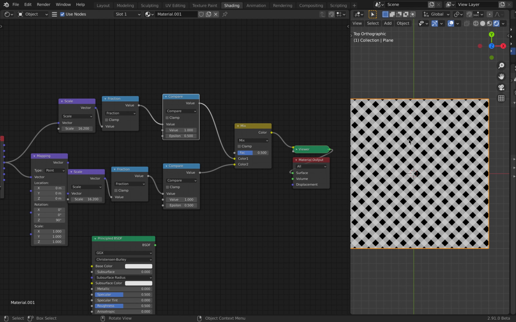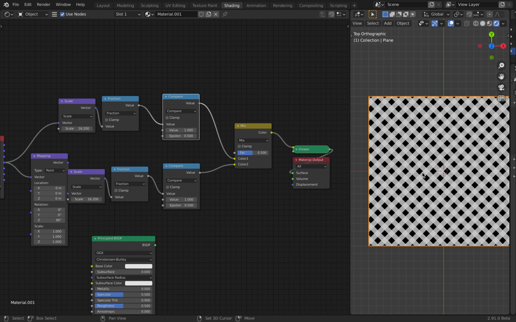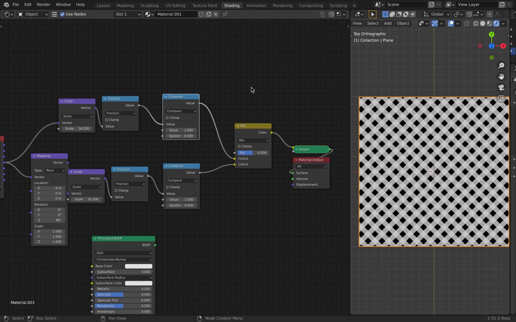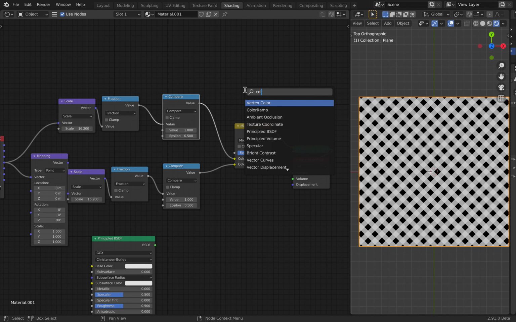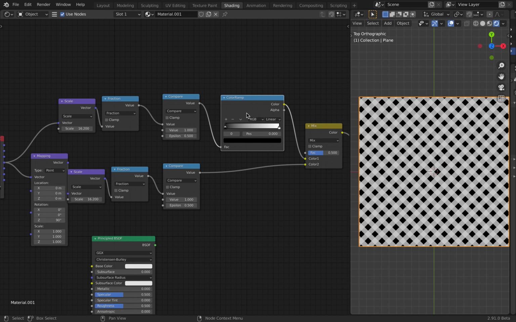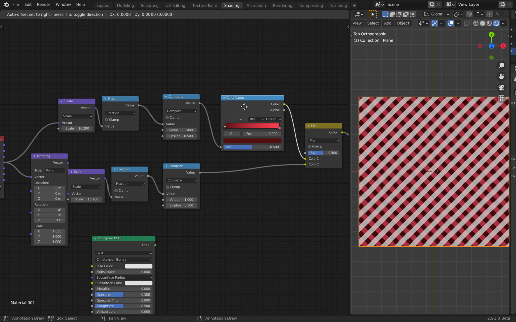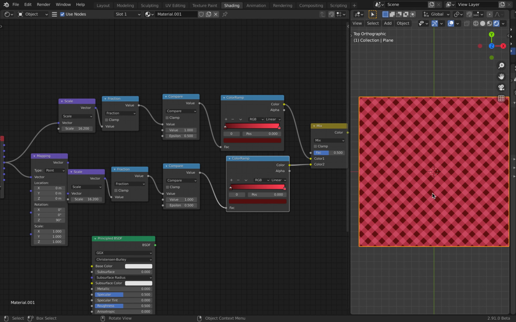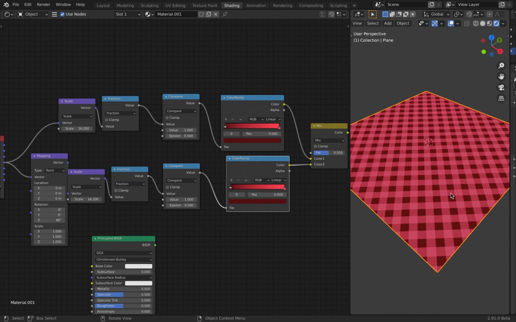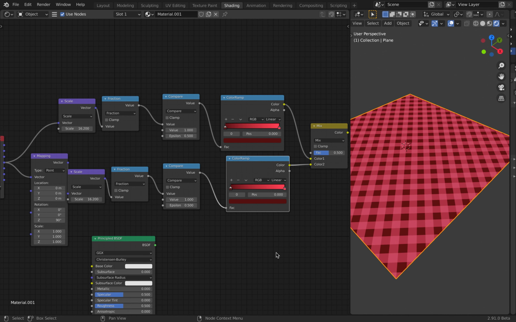This is how the completed texture looks like. Now you can change the color. For that we'll add a color ramp. We'll just have one, and then we'll just duplicate it and put it onto the next node. So just change this to something more of a reddish pink color. We'll increase this, and there you have. You can just duplicate this and drop it onto this, and now that texture is ready.